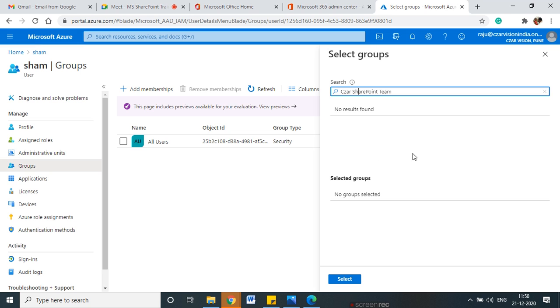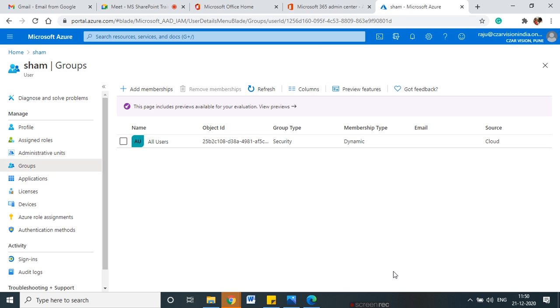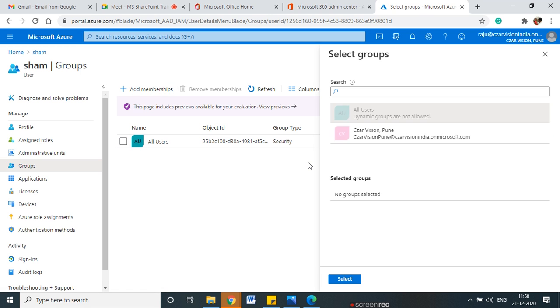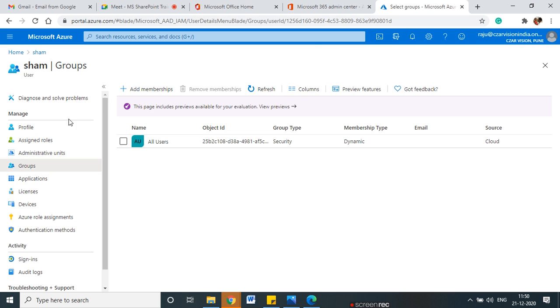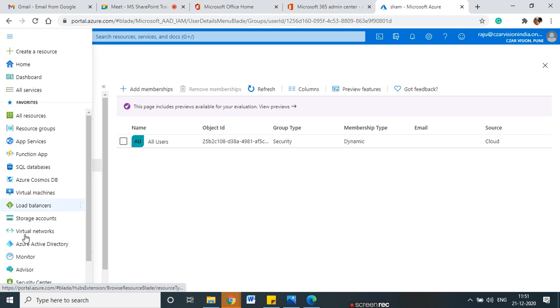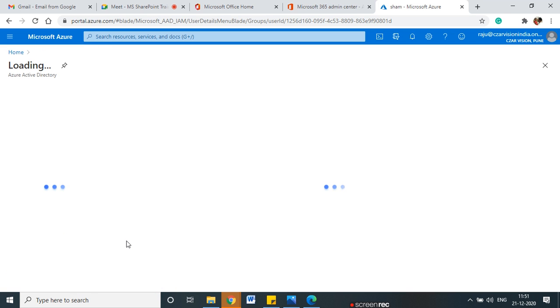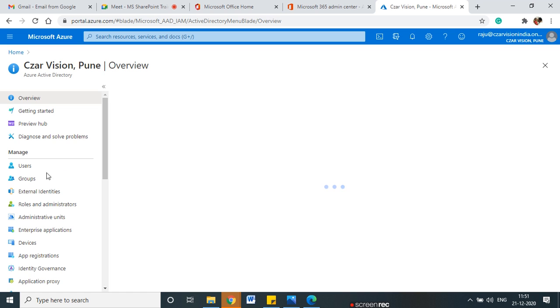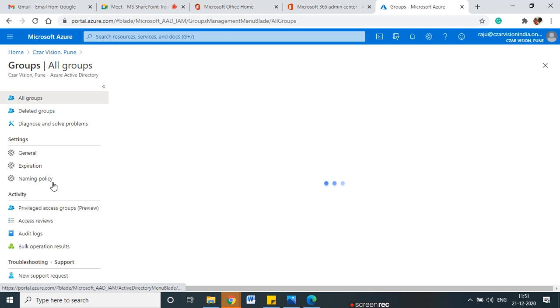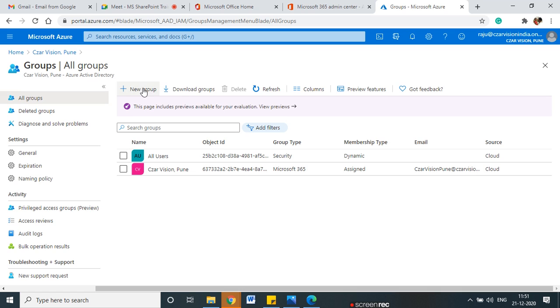Okay, so I have created a new group. Let me create the group, add a membership. All users, select group. Okay, wait, let me create the groups here. Actually, I'm in Sham, that's why it's not allowing me to create the group. I will go back to Azure Active Directory because I'm in the Sham user. Here I need to create the group. Okay, and I say create group,